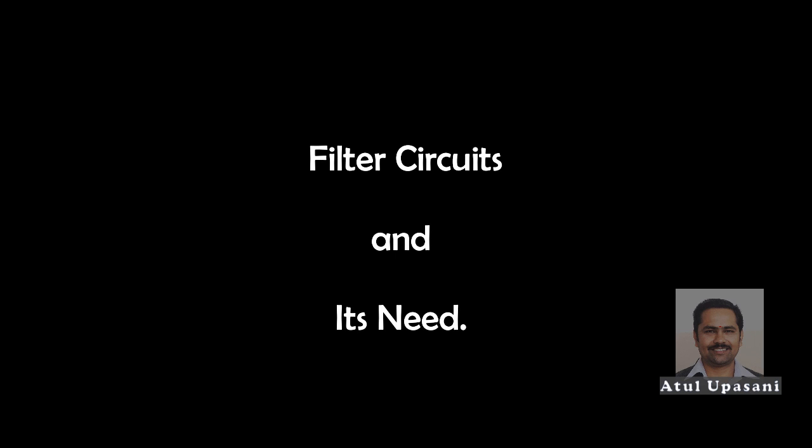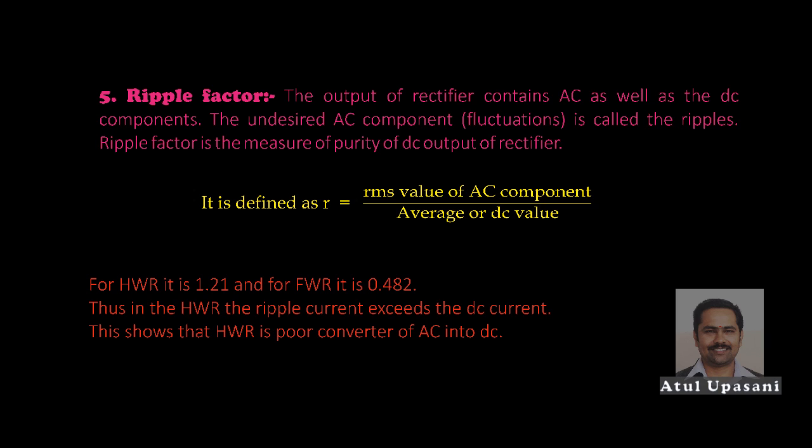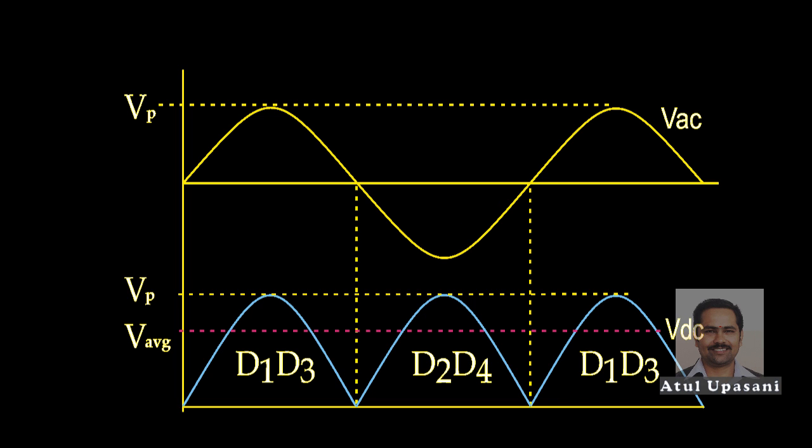We have just seen some definitions of rectifier or power supply. In those definitions we have seen the ripple factor. Ripple factor is nothing but the AC component present in the output of the rectifier. This pulsating DC is also known as ripple. This ripple should not be present at the output of DC voltage. So DC should be pure, that means its magnitude as well as the direction should be constant.